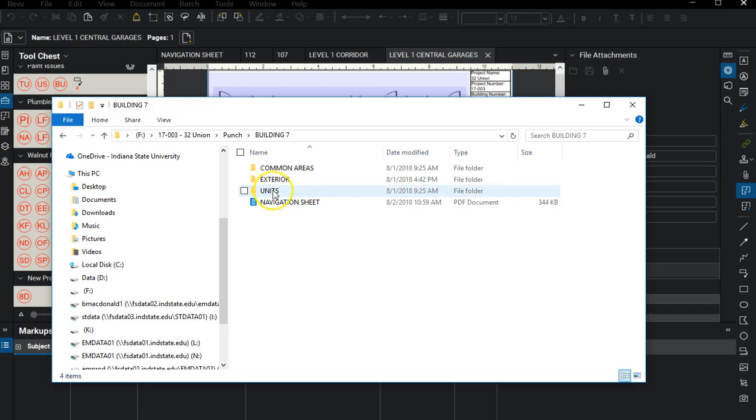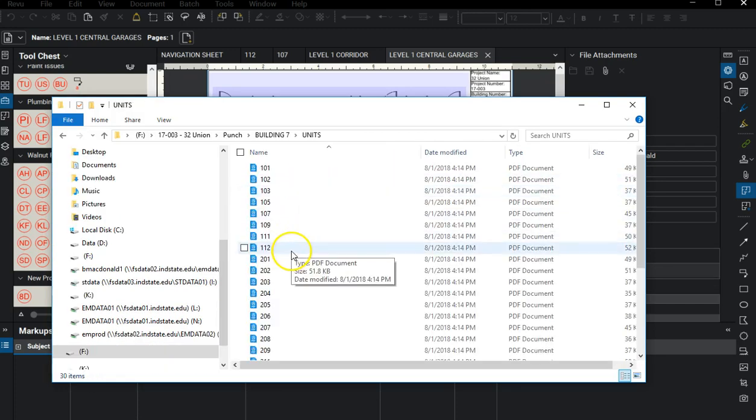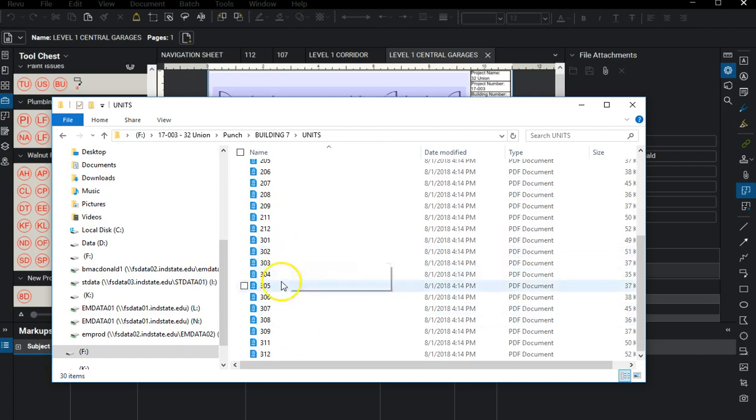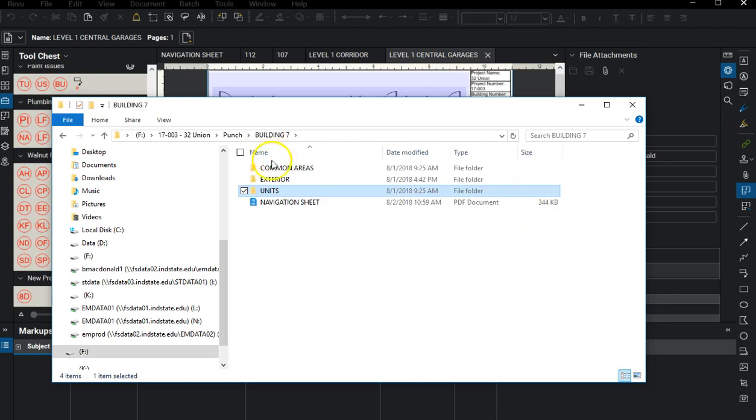If I just want to save all my units in a folder like this, I could access them all individually just by going to this folder and selecting each one. But you can see I have several folders in here: common areas, exterior, and units. If I just create this one navigation sheet like I did here